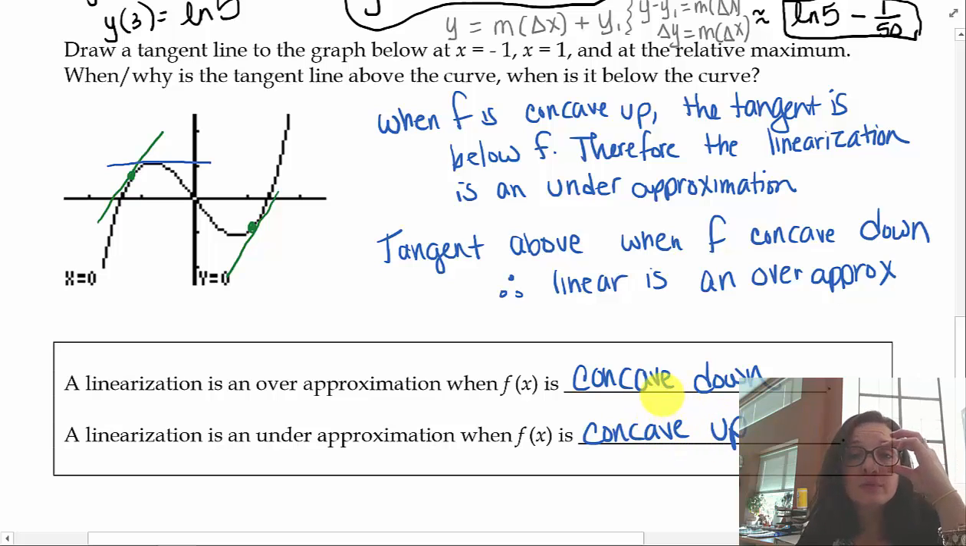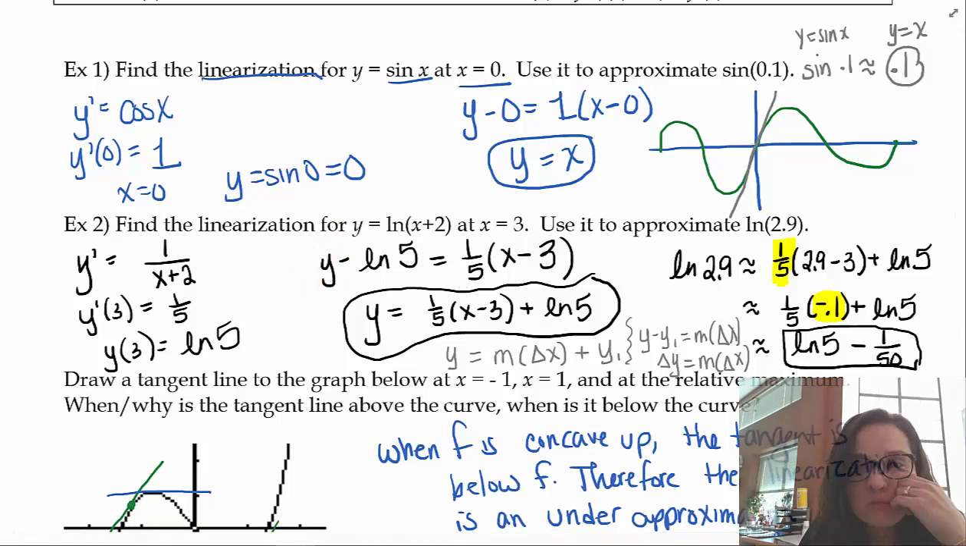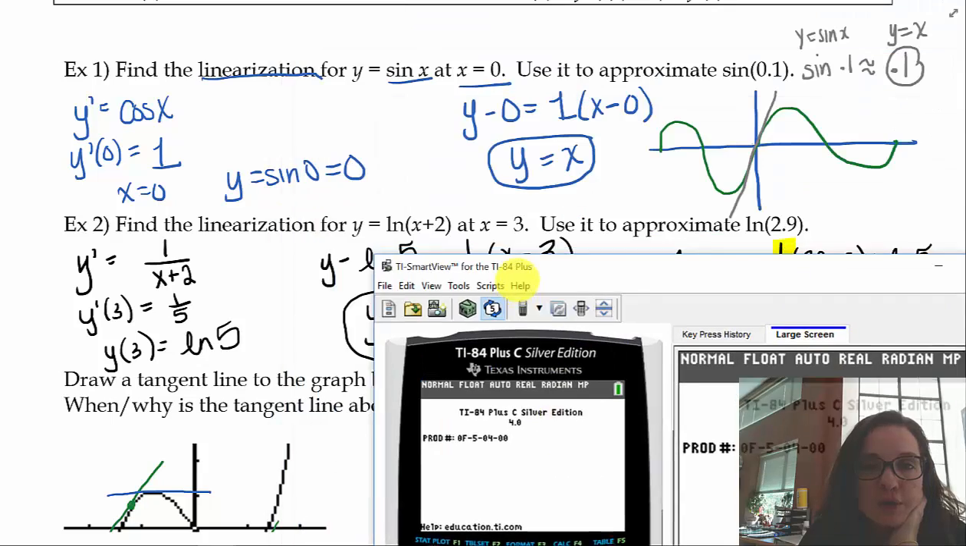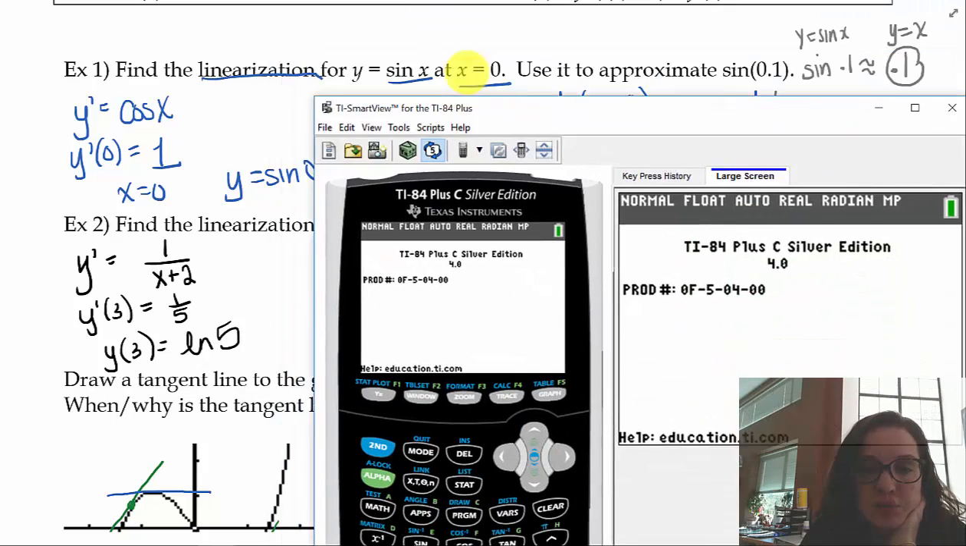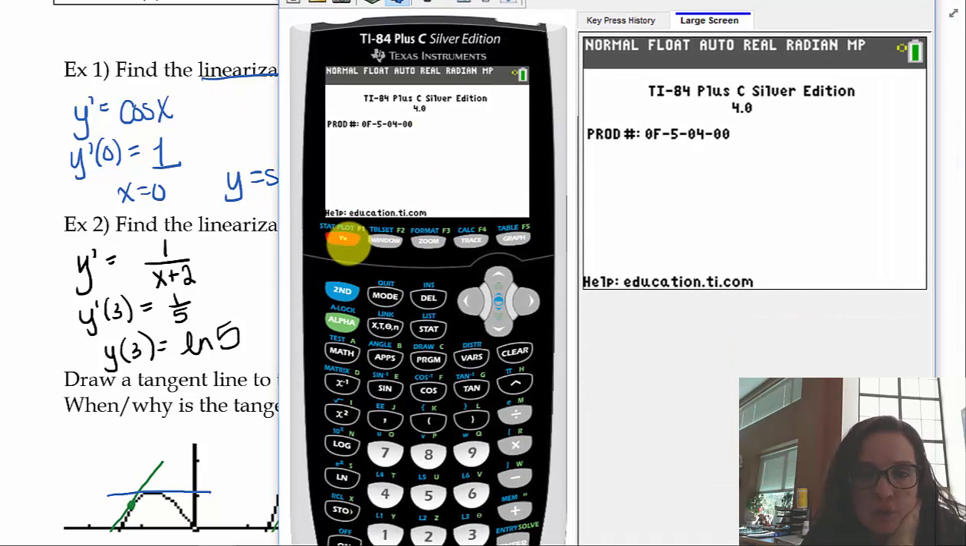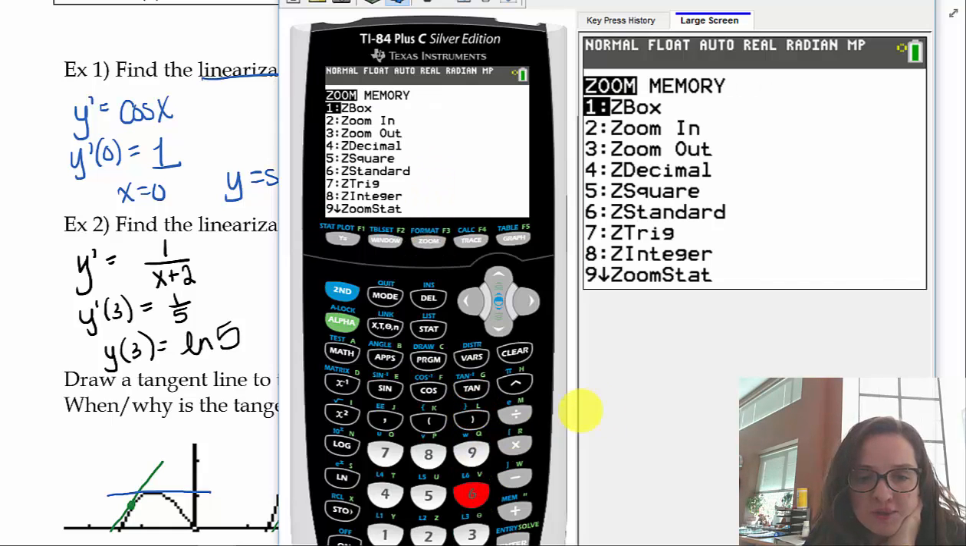Okay. The last thing I wanted to do here is pull up a calculator just so you could see just how close these linearizations are. So I brought up the calculator and I'm going to graph ln x plus 2 near 3. So if I graph y equals ln x plus 2, and I'm going to zoom 6 here, give me my regular window,